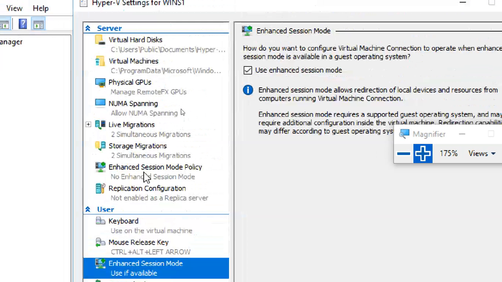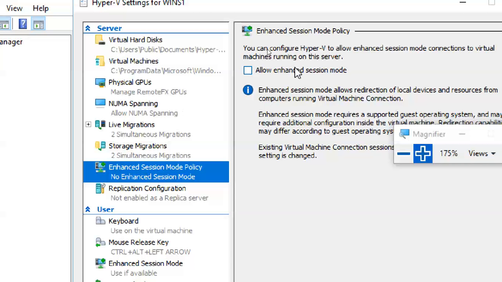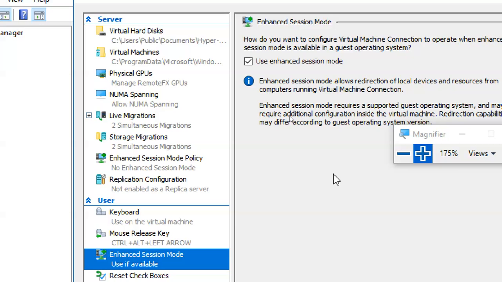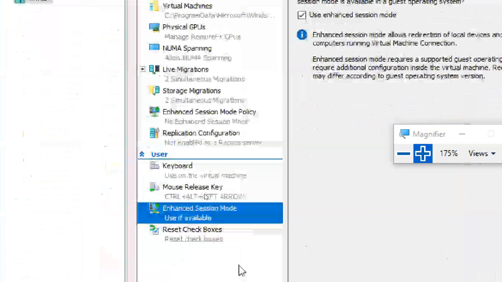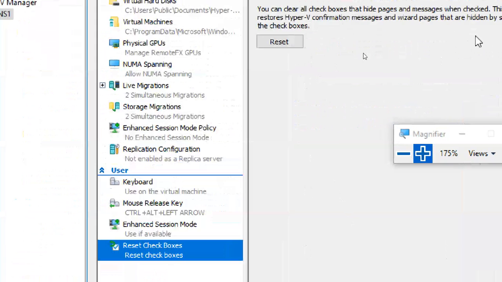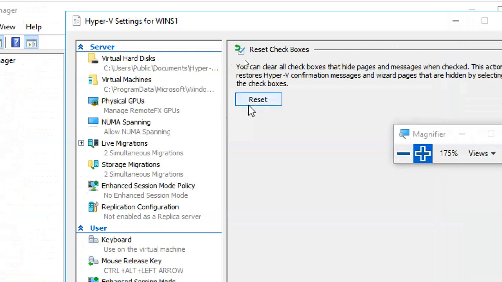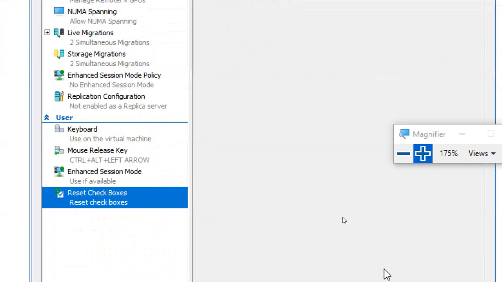Enhanced session mode: there are two enhanced mode policies. This is the policy allow, and if it is allowed, then it is used. Reset checkboxes: if you change anything and want to change it back to the previous state, reset. So these are the settings in your Hyper-V.